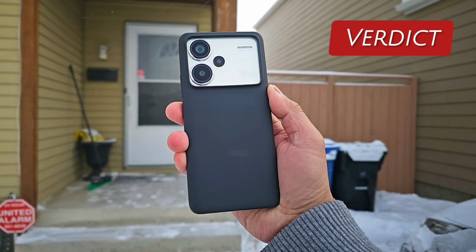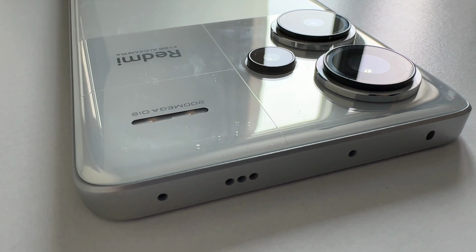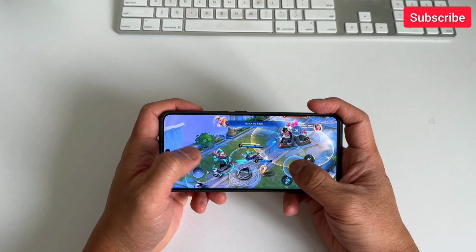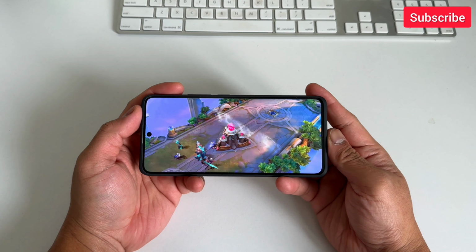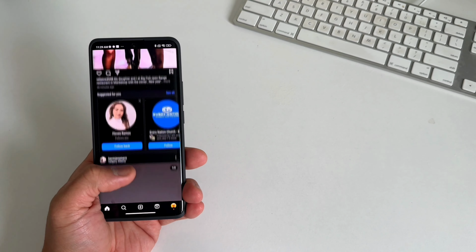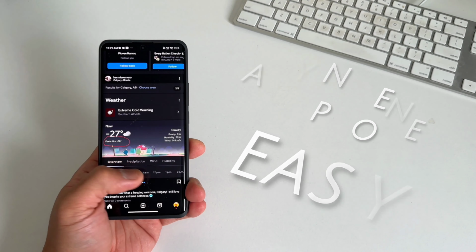Overall, from the sheer performance, camera, entertainment value, and battery life, these phones give so much value for a mid-range price tag. Xiaomi Redmi Note series is undoubtedly one of the best value smartphone series out there, and after 13 series, they still managed to surprise us with really good flagship killer phones. And this year, the new Xiaomi Redmi Note 13 Pro Plus 5G can beat any phones. Easy. I think I'm gonna be